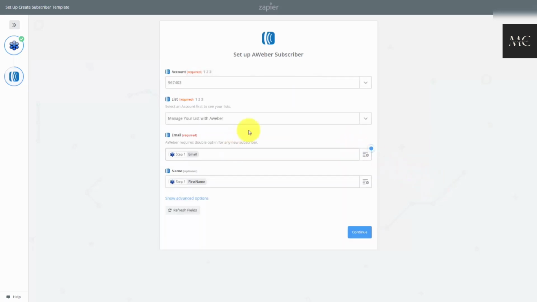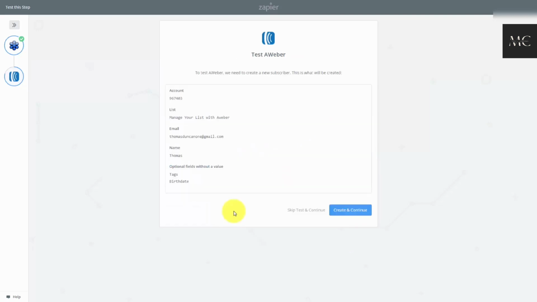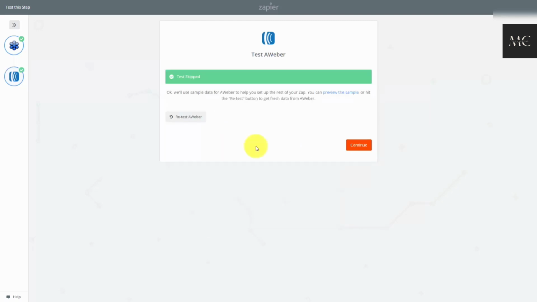So we've chosen our account. We've now chosen the list. And now what we want to do is to click Continue. So we want to test the system through Zapier, so we'll click Create and Continue. We've actually already added this email to the list, so we'll skip the rest of the test and then click